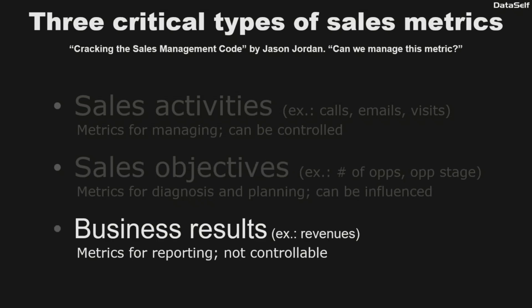And the last one is actually measuring the results. So how much revenue you got out of your sales, how much gross profit, are you meeting your quotas? This is mostly for reporting, usually after the fact, and you pretty much don't control much because it depends on the client to sign the contract and give you the money. If you are a highly sales-driven organization and you're trying to get a good hold of what metrics to keep a tap on your sales team performance, I highly encourage you to read this book. It will give you some very interesting insights.